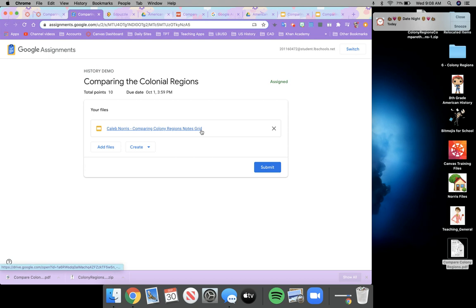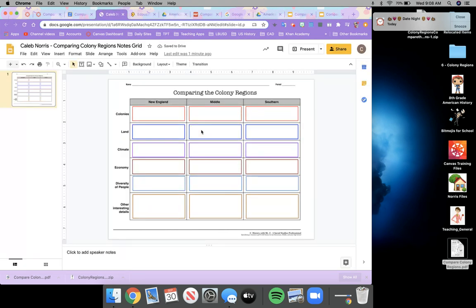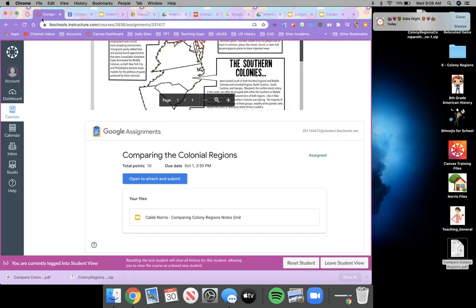So if I open that assignment, it's going to look like this. Okay, so we have a column for New England, a column for Middle, and a column for Southern. Now don't worry about writing your name or class period because that information is going to be up at the top for you automatically. So if I go back to the assignment itself,